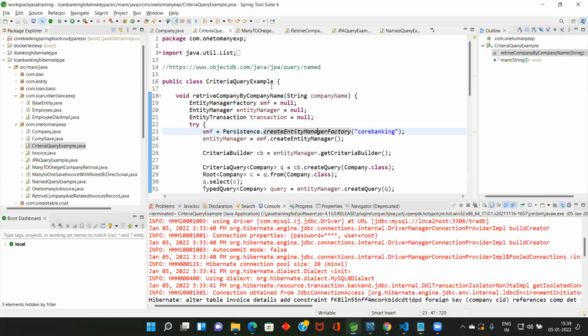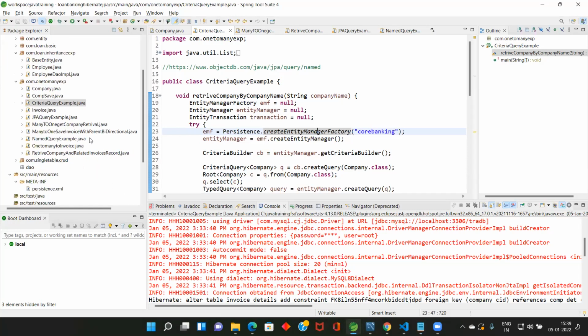What is the main use of inheritance? When there is common data across a number of subclasses, you can move it to a superclass. When someone asks what the use of inheritance is, what is your answer? When I see some common behavior across similar classes, rather than writing it in all the classes, I can move that to a superclass and extend it. That's the main thing. When they ask about inheritance or polymorphism, you should be able to tell your understanding.